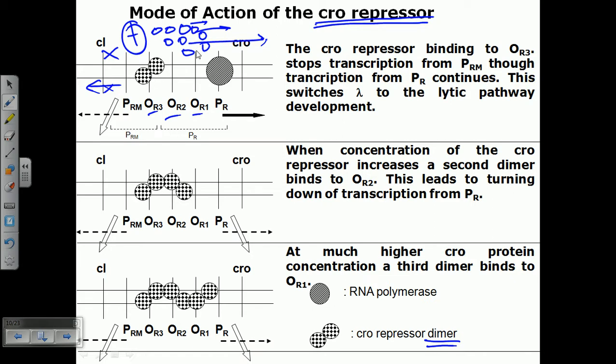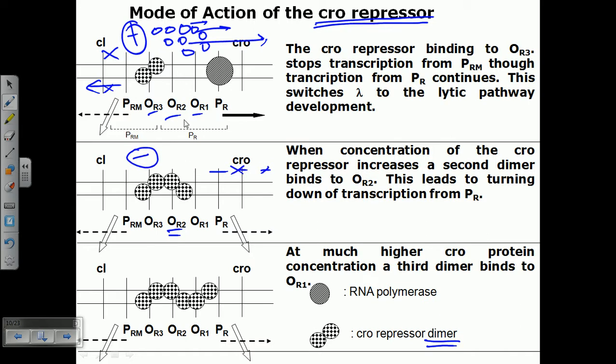Now as the concentration of Cro proteins starts to increase, the Cro protein can go and furthermore they will start to bind in this OR2 region, right? Now this leads to the turning down of the transcription from PR. So as a result of that, the transcription in this direction starts to halt. Now again, when the Cro protein reaches a particular concentration and it is binding with OR2, it is telling that no further Cro protein is needed. So it is shutting its own transcription down, right? So it is again controlling its own transcription, here via a negative feedback loop.